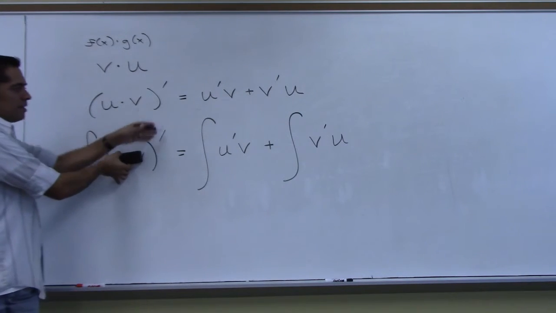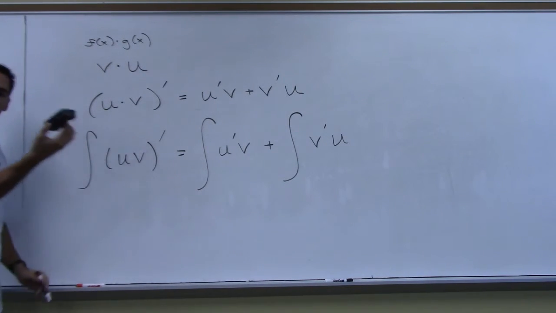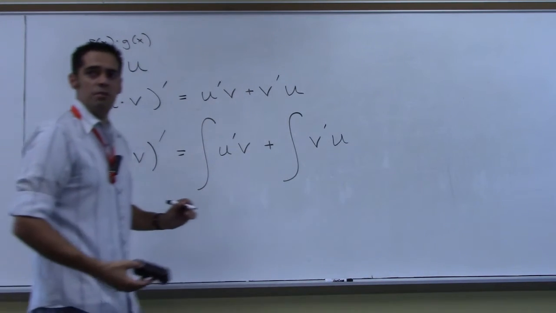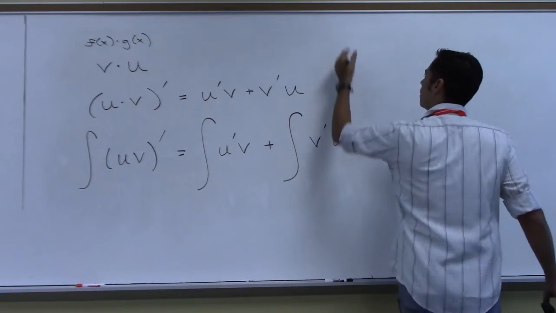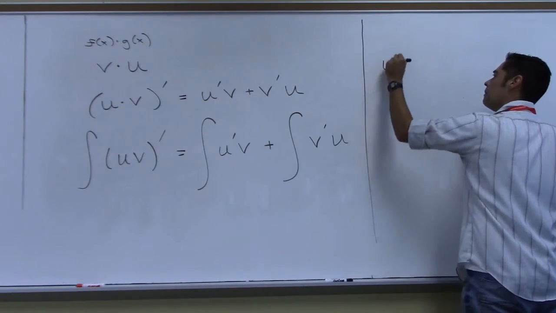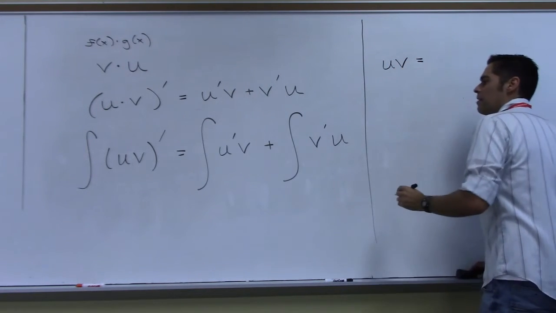So it's like, take the derivative and then take the antiderivative, then it just comes out unchanged, doesn't it? So the left side of this equation becomes u times v. Agreed? Okay, u times v. So the left side is u times v equals, now the right side,